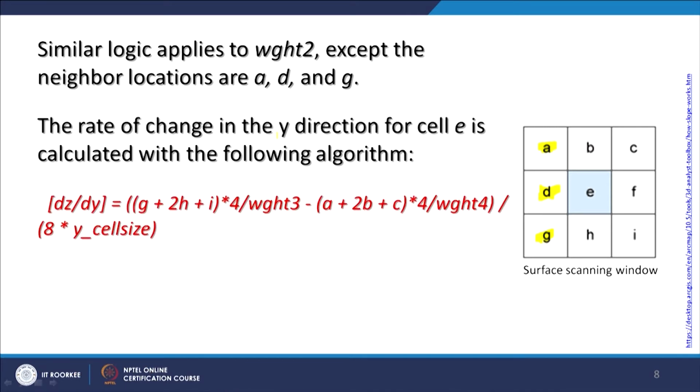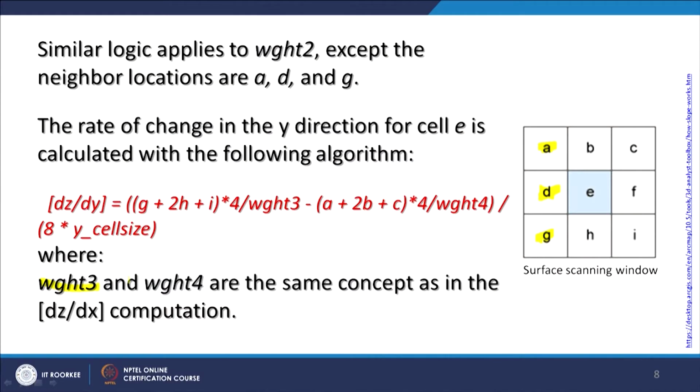So this becomes complicated. Slope calculations become complicated once we go for assigning weight to the different cells of my kernel, and that will obviously bring different results. Again, it will depend on the input, the variations which are present in the input digital elevation model. Here the weight 3 and weight 4 are the same concept as in the computation for the